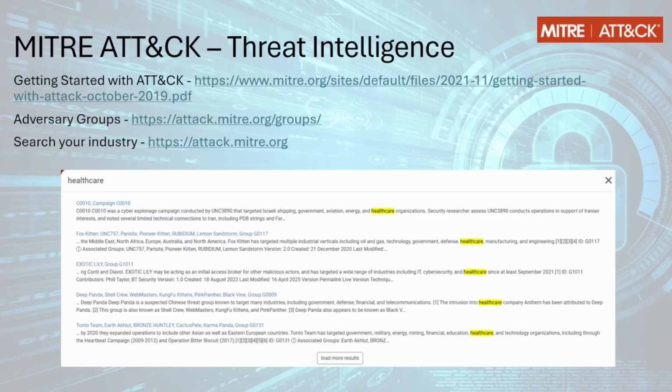From the https://attack.mitre.org website, click in the search bar and type an industry you are interested in, such as healthcare, finance, etc., and you'll see a list of articles including information such as APT groups targeting the industry. Click on one of the groups to bring up their page with a description and a list of techniques used. You can click on the techniques to learn about potential mitigations and ways to detect these techniques. You can find a list of the different adversaries and their activities under